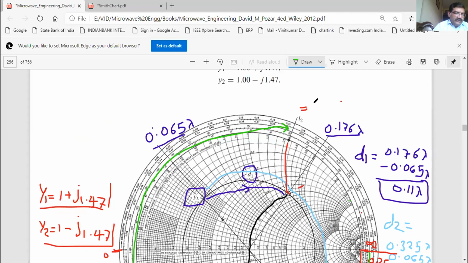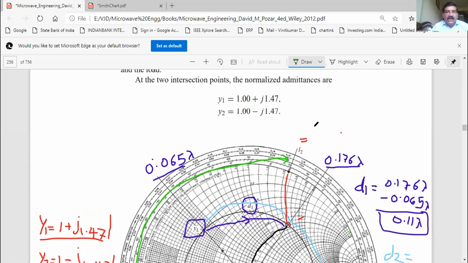Now just tell me what will be this point, L2. Anyone? 0.345. 0.404. Okay, any other? 0.404 is the final answer after doing the subtraction. Is it correct? Yes, sir. Okay, so I'll write the final answer. What is the value of this L2?